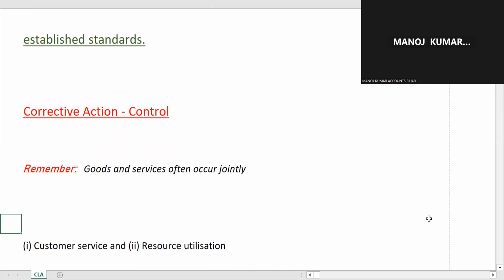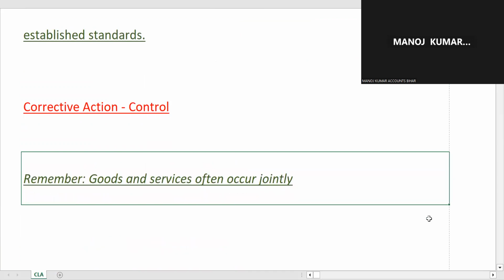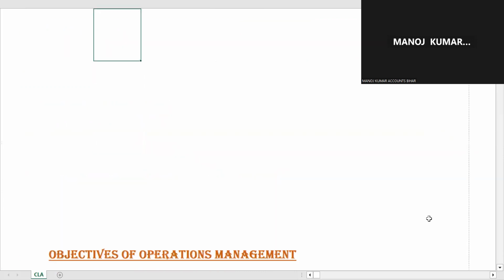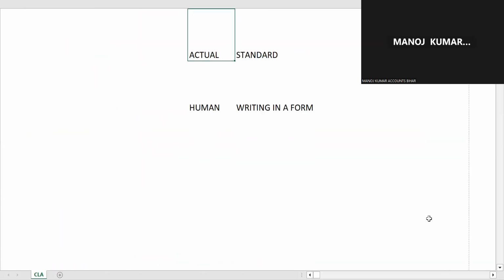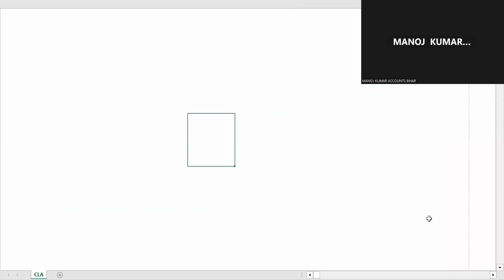Now the last point in this section is, remember, goods and services often occur jointly. There is nothing called a pure service, or pure goods. Now say in a barber shop,